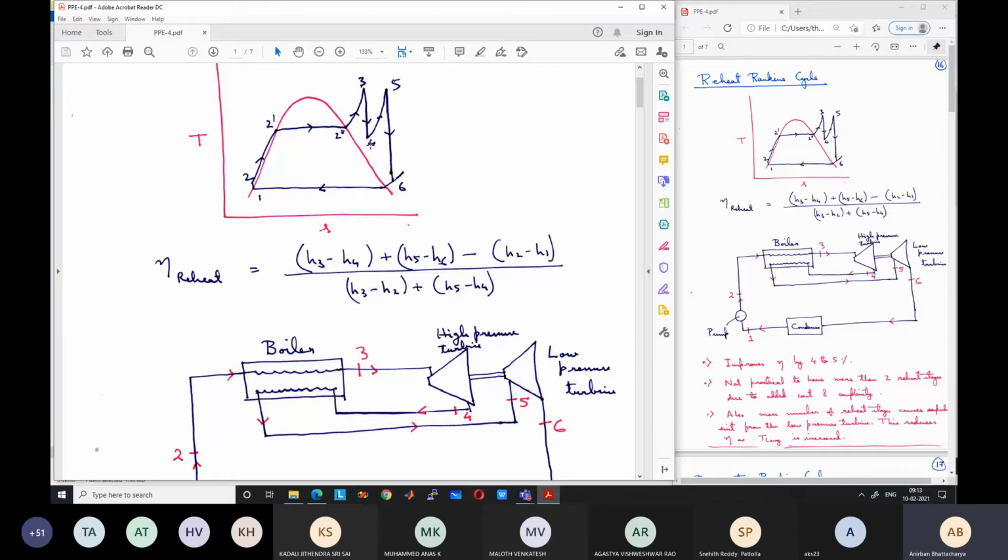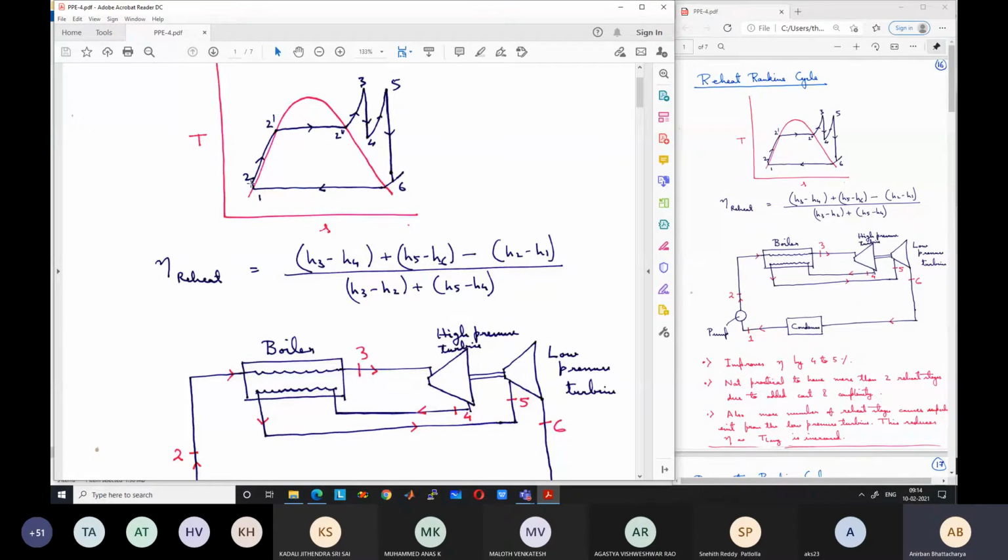computation method. So we can start with point 1. Point 1 generally pressure is given and quality is 0. So based on that we can find what is the enthalpy. Then from the pump work input we can find out what is the enthalpy of point 2. Okay. Point 2 enthalpy H2 is equal to H1 plus V1 into P2 minus P1. We have already seen that in our previous problem.